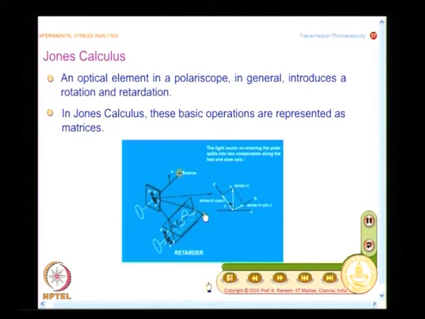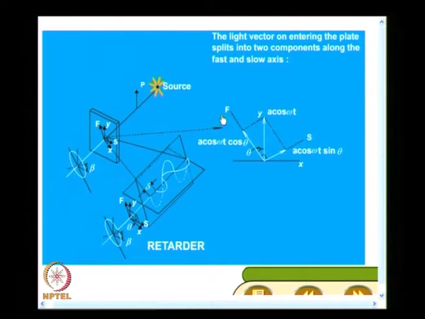And I said in one of the earlier classes when we introduced this, you are going to see this animation again and again in the course, and we had actually analyzed a crystal plate. And what we want to look at is when light impinges on this, what happens within the crystal. We have schematically shown with a larger sketch what happens on the plane on which the light hits the front surface of the crystal plate, and what happens within the crystal is shown here.